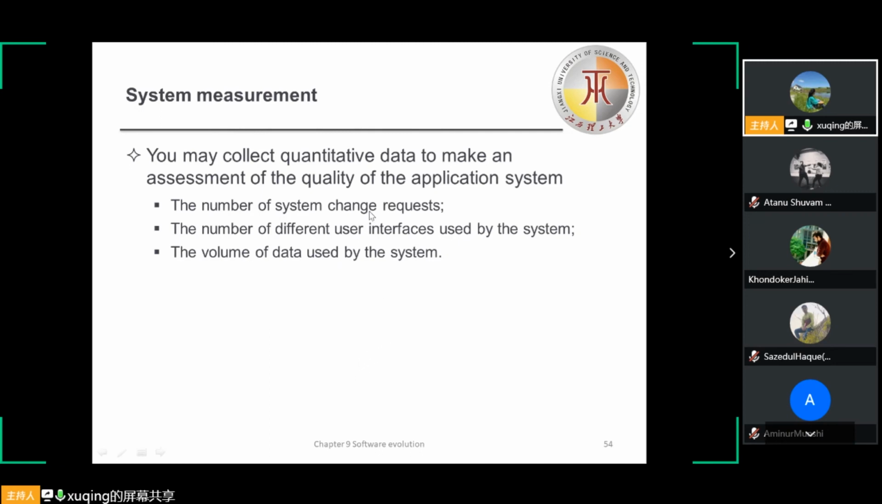For the number of system change requests, system changes usually corrupt the system structure and make further changes more difficult. So the higher this accumulated value, the lower the quality of the system. So it's better that the number of system change requests is small. And for the number of